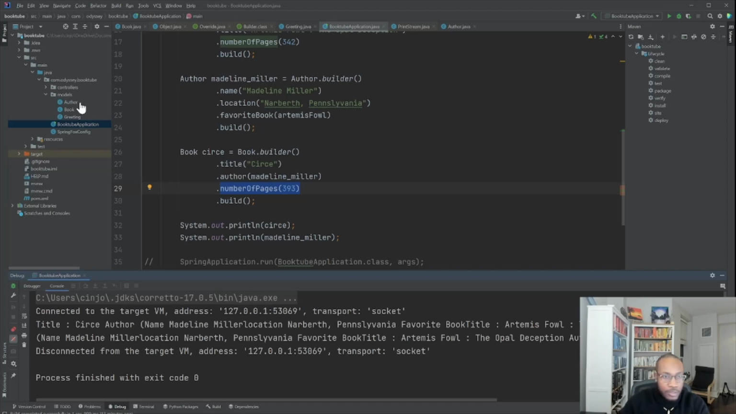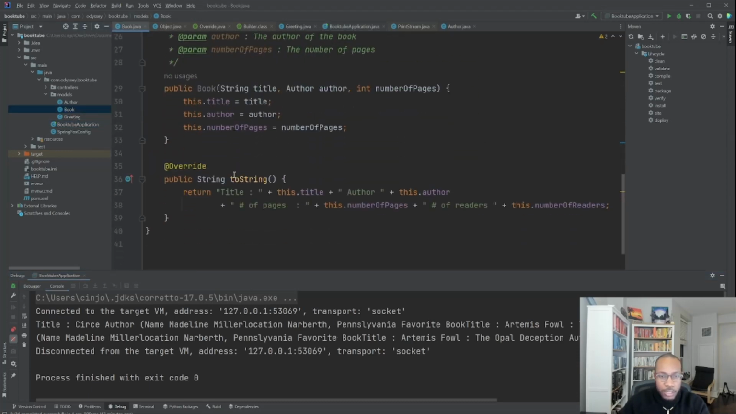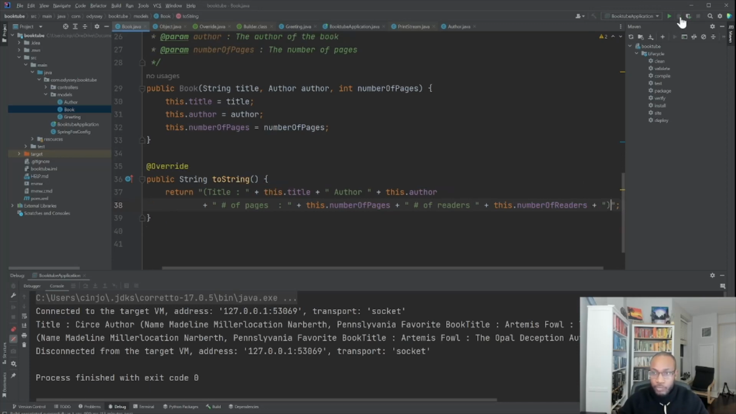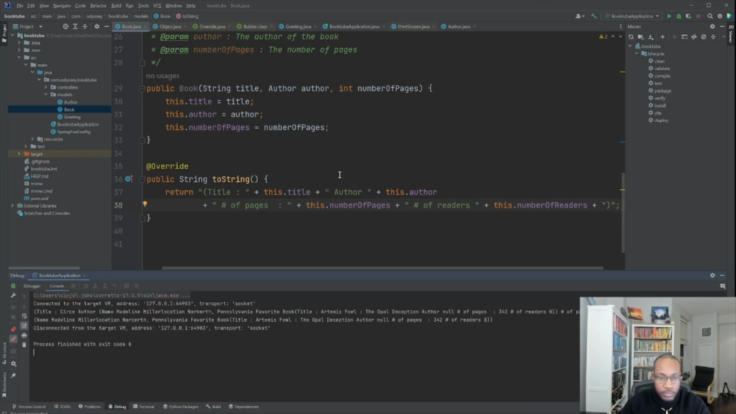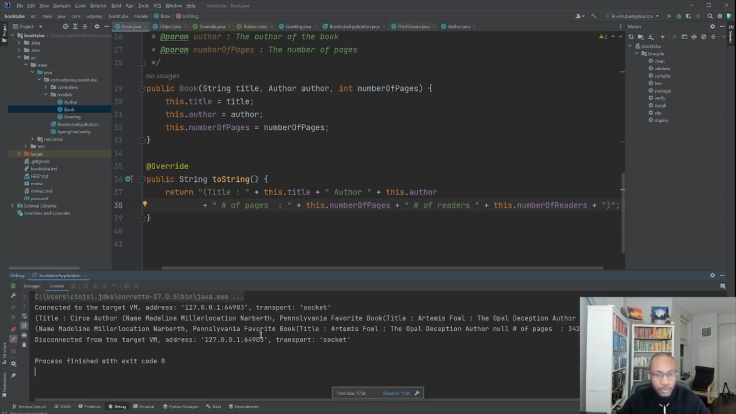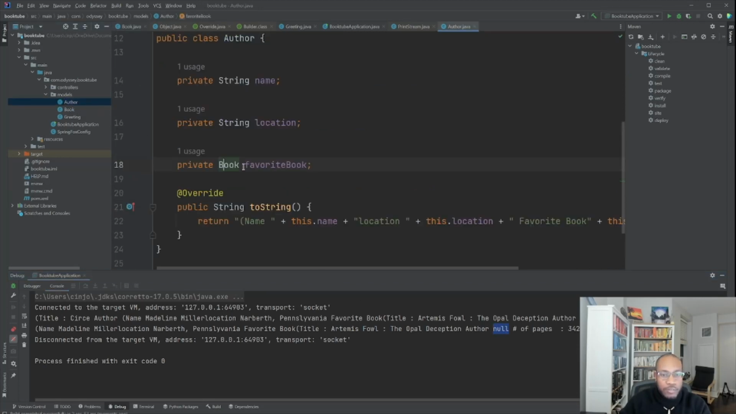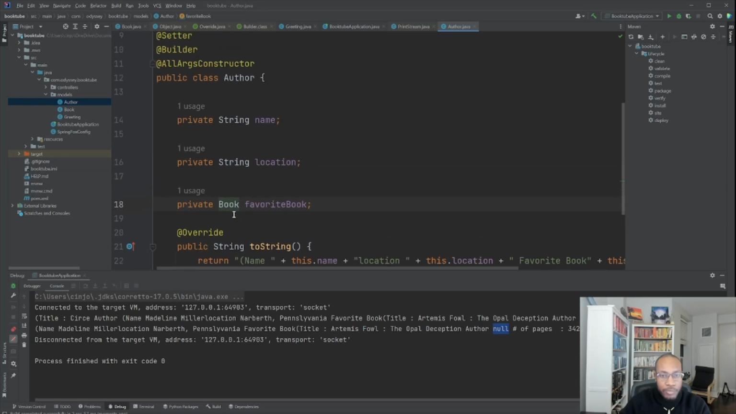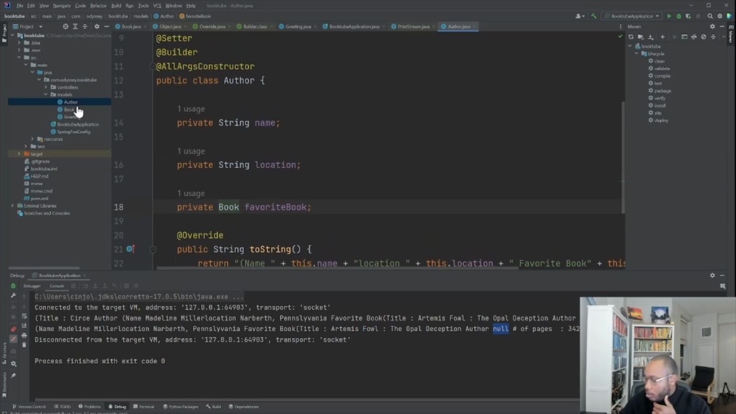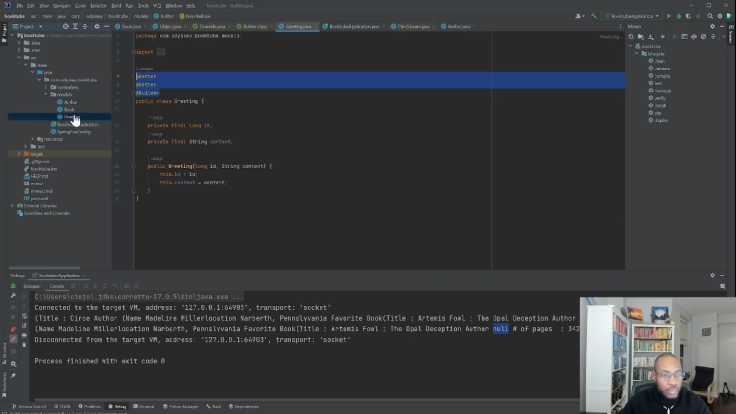And you'll see, let's wrap this up also in maybe parentheses as well, to make it a little bit easier to see. So the name Madeline Miller, whose favorite book is Artemis Fowl, who doesn't have an author because we didn't specify an author, but we could very quickly represent that author here